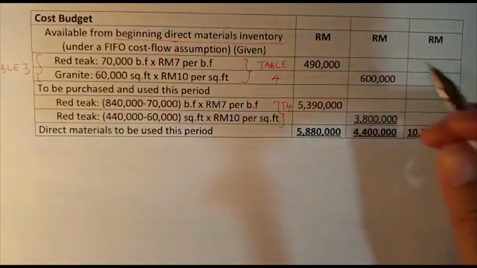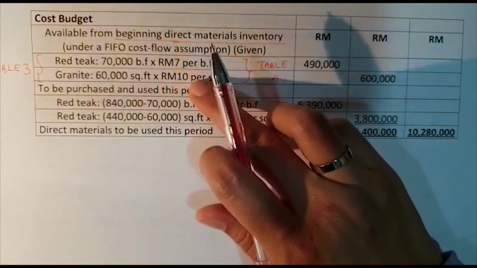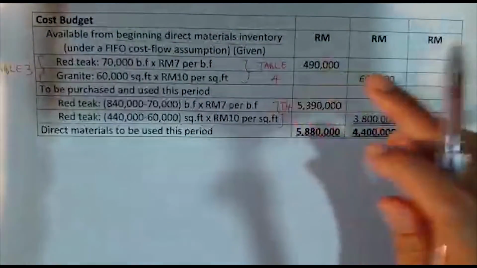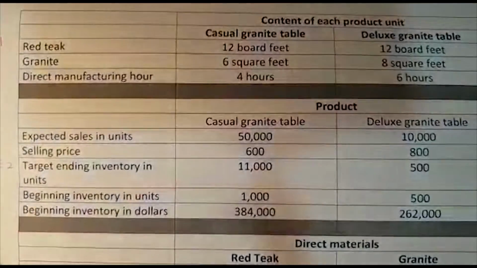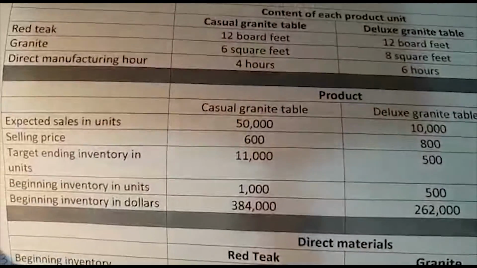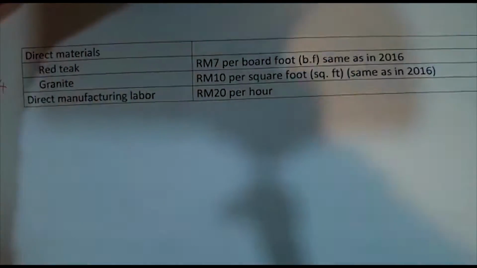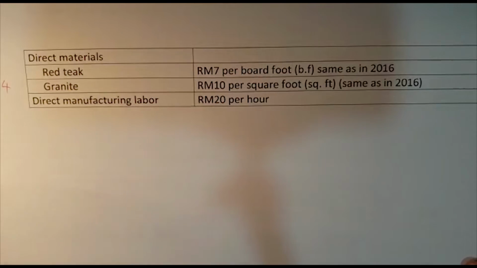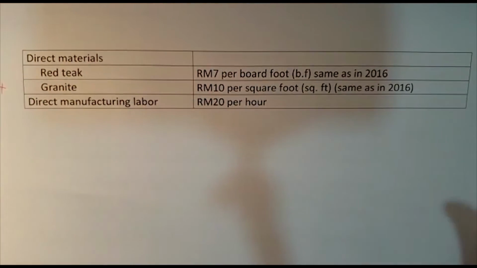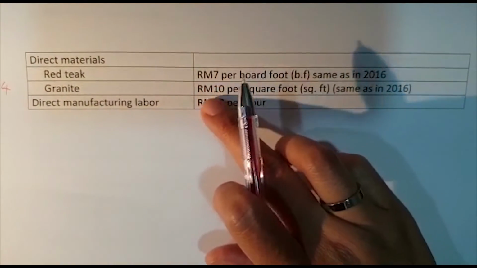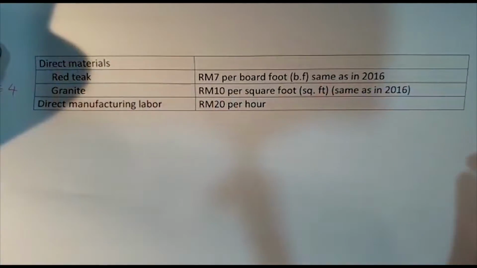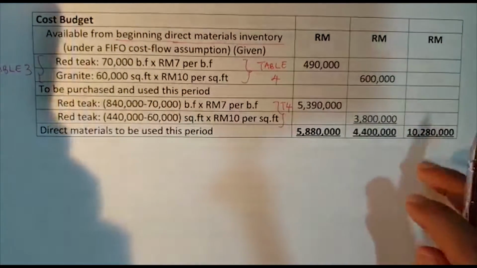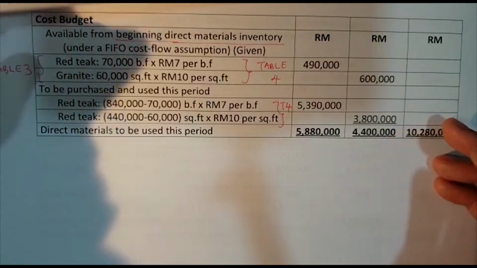Okay, and in regards to the price 7 and 10 here, we actually have to refer to table 4. Right, so table 4 is here. This is table 4, and we can see here that the price is 7 and 10 respectively, same as in 2016. So basically, because this is the account that we have to, the budget we have to prepare